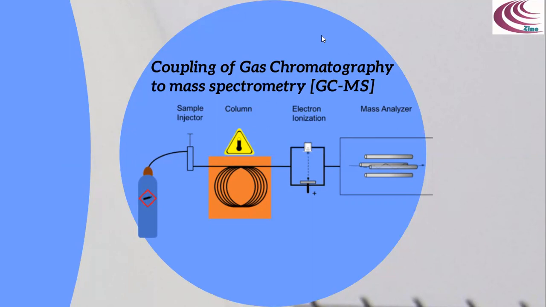Here the solute is ionized and undergoes fragmentation, thereby producing a number of ionic species. A signal is obtained for each ionic species, which results in the production of mass spectrum, that is mass to charge ratio. And this spectrum makes possible the identification and also the quantification of a large number of compounds present